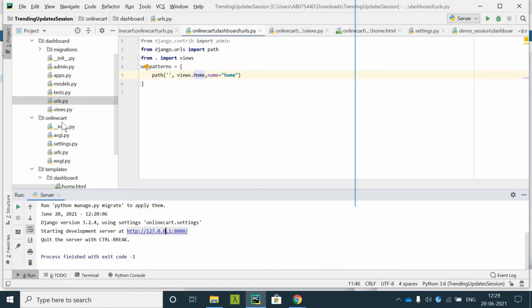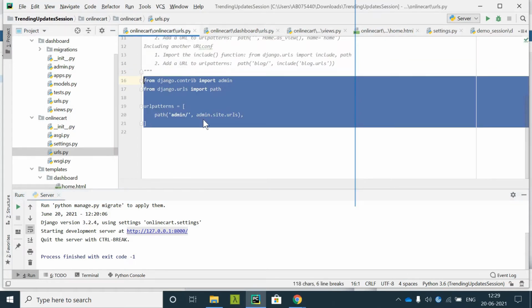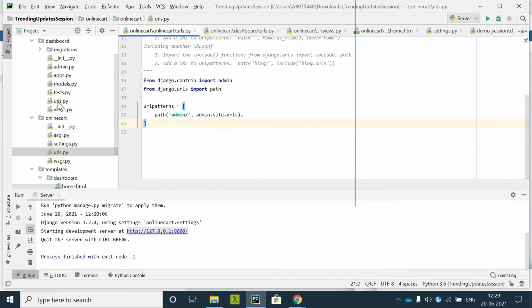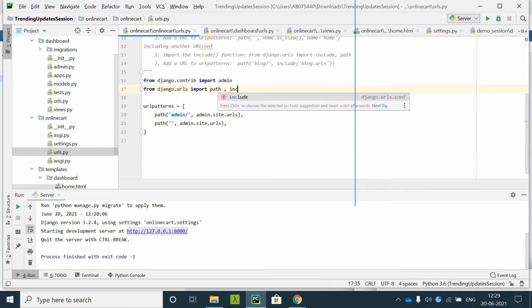To access the home page, first we need to go to the URLs and include the URLs of this app folder. So how do we do that? I have discussed this earlier in the previous session also. Just put this empty URL and say include, import include as well.